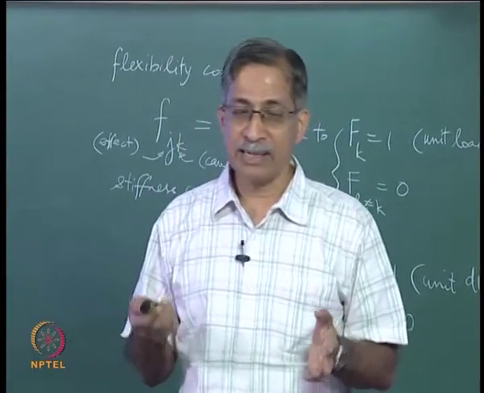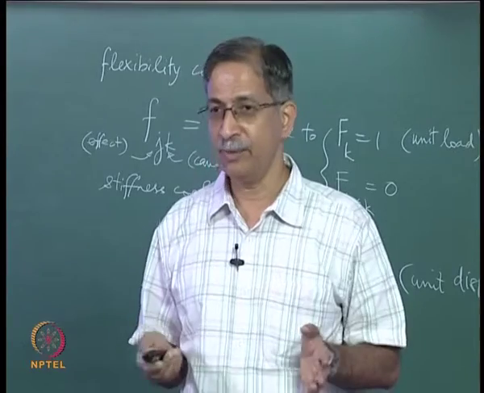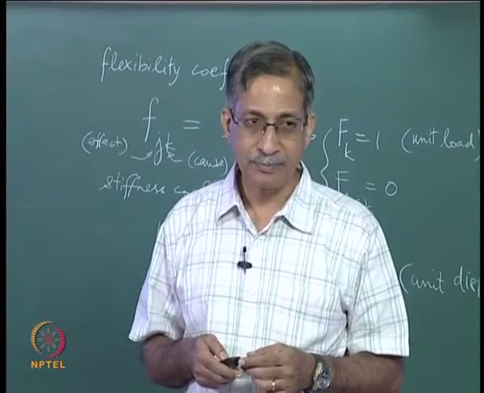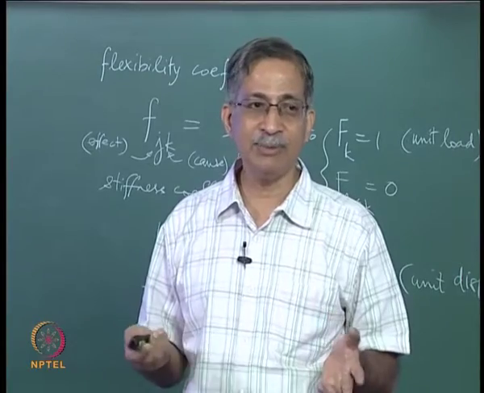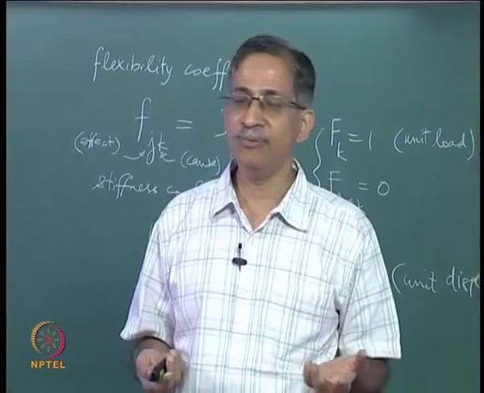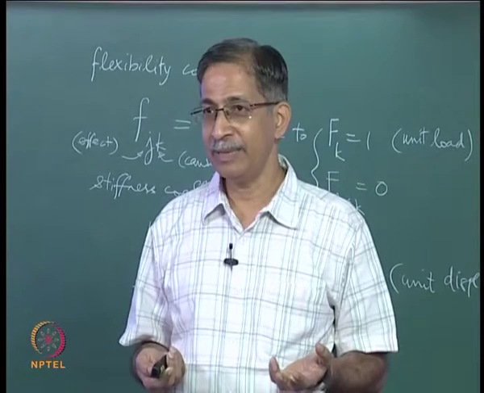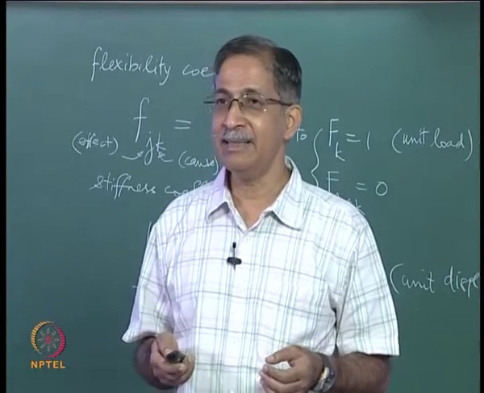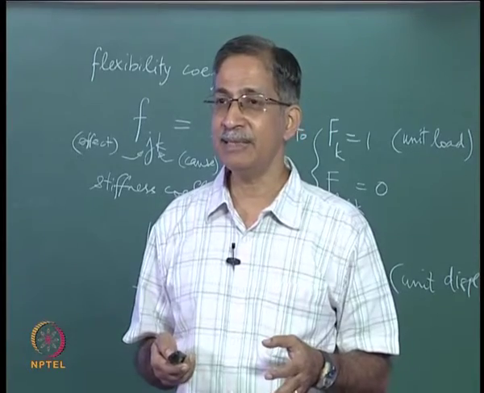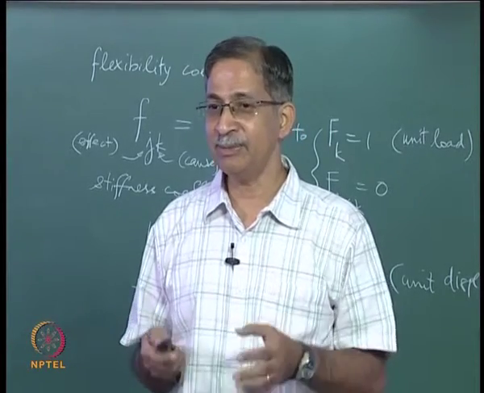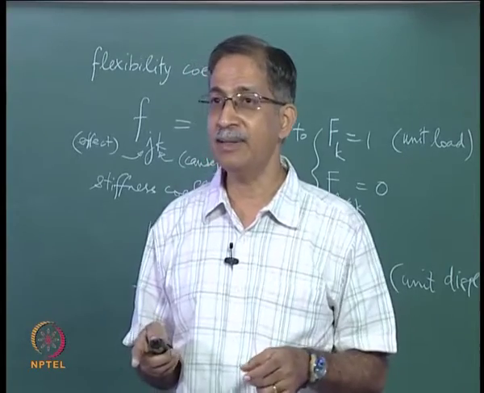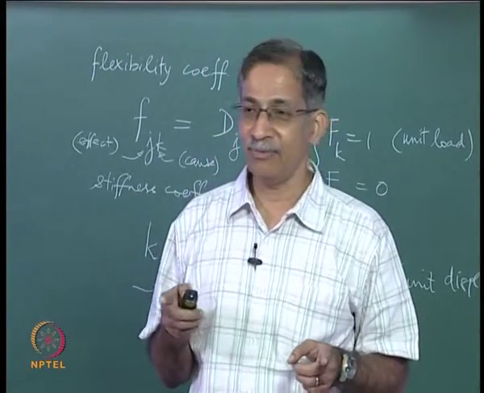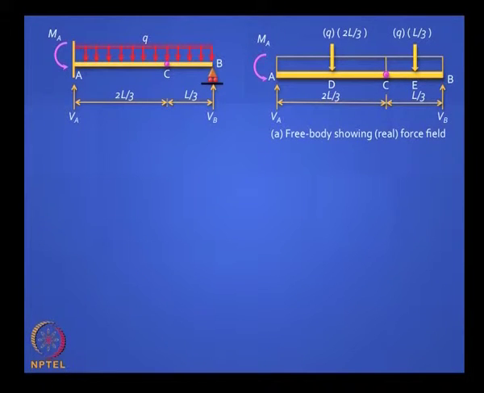The total internal work in such problems turns out to be 0. Why is it 0? Because since you have rigid body movements, you do not have internal deformations in those bars. So it is 0 because the internal displacement in the displacement field is 0, not because there are no internal forces in the real force field. Is it clear? And you invoke this, you can solve this problem easily. Okay, so let us demonstrate this with a problem where you have an internal hinge.